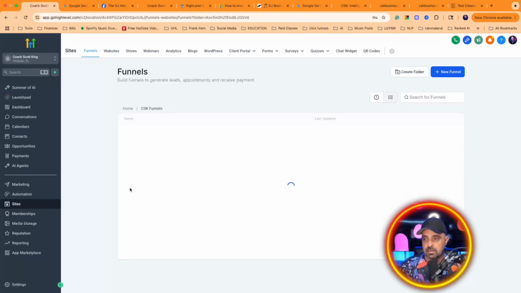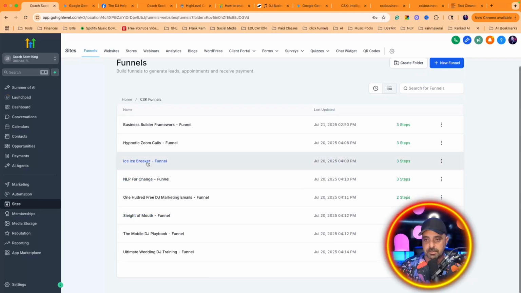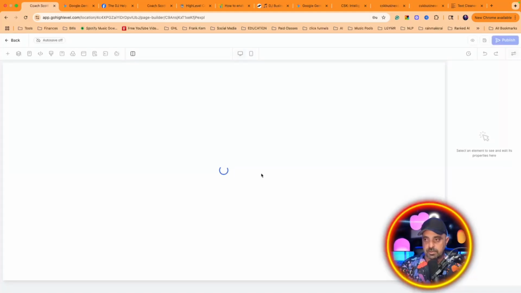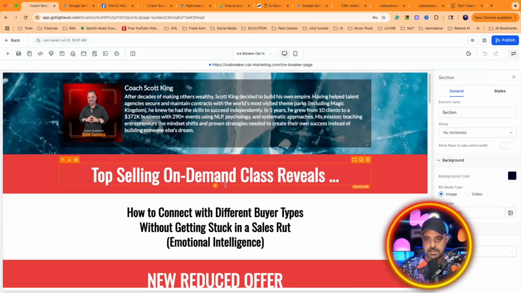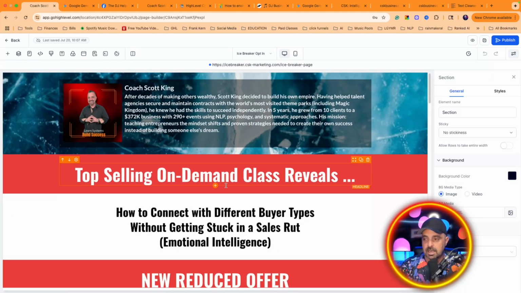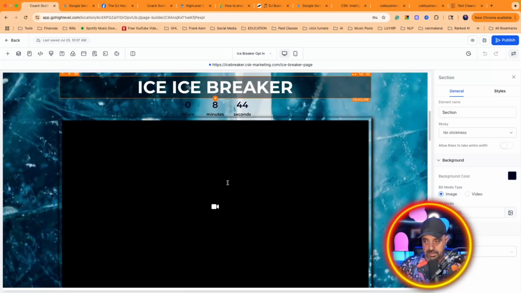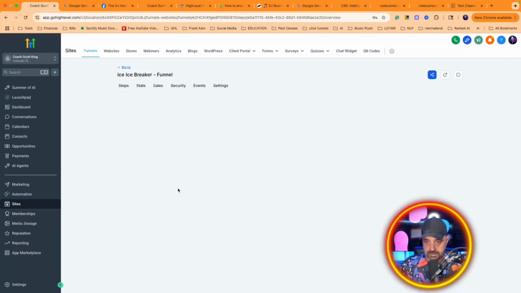So Coach Scott King has quite a few different funnel pages that we created, so I could just click on that, and then you can edit the different stages here. This one's called the icebreaker. So you could go in and edit it, put all the different information that you have on it. And if anybody's interested, this is a protocol or a class that I put together in case you don't know how to break the ice when someone gives you a call. And then it designed this whole web page, but it's also connected to different